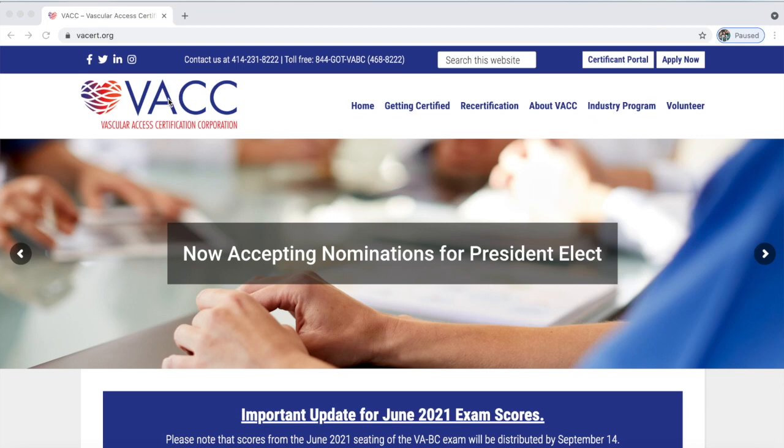And another thing that has been bugging me for almost 3 years I've been in IP was my lack of understanding of vascular access, which is what pushed me to pursue the certification. So, reading over the candidate handbook, you'll learn that the VABC is a certification that's open